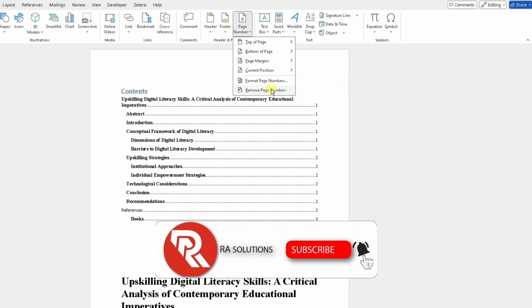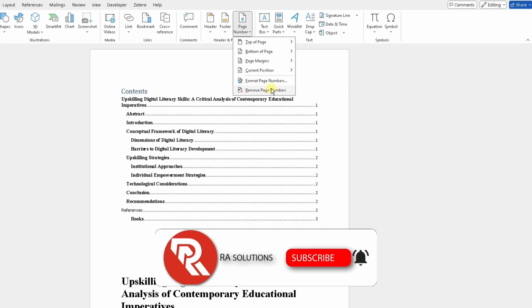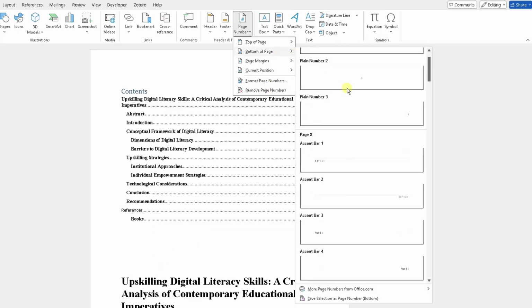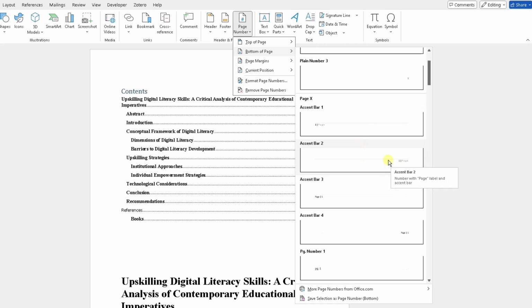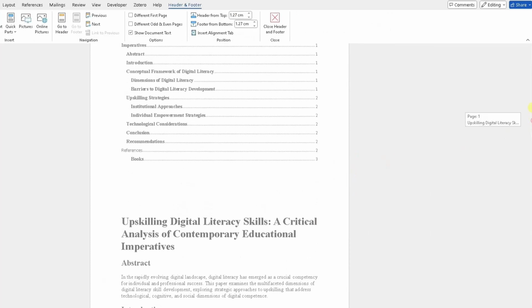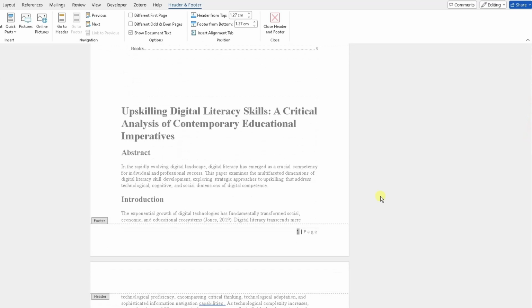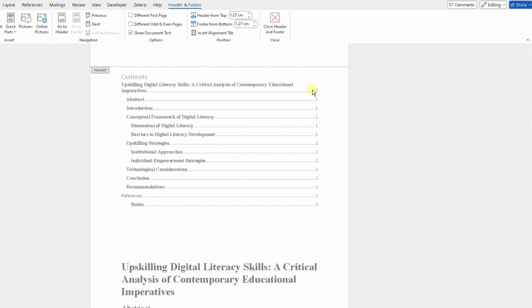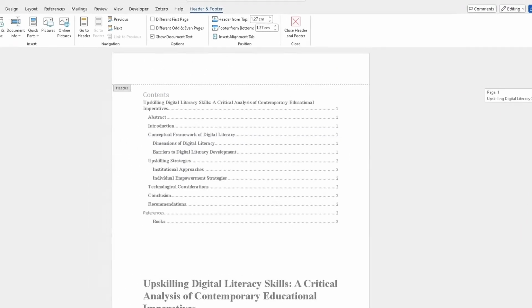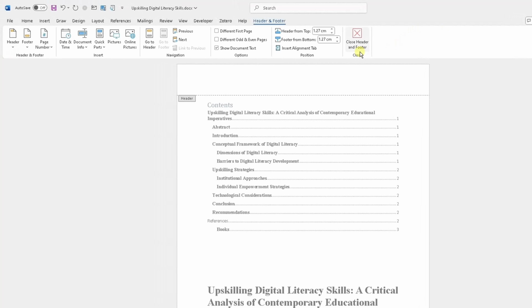So let's, for example, say I add page numbers, but for this Word document I'm going to add it to the bottom. I quite like this accent bar too, so I'm going to add it there, and you can see already it's added the page number in the footer on the bottom right hand corner, which matches the table of contents I added earlier on there. So you can see my pages have been added, and if I wasn't happy with that, I could close the